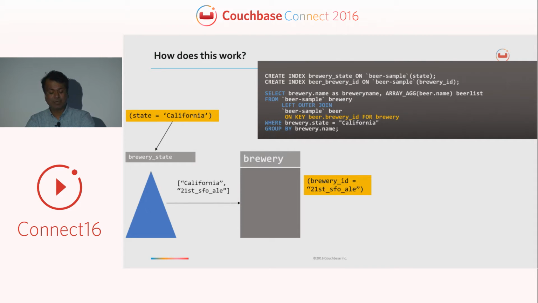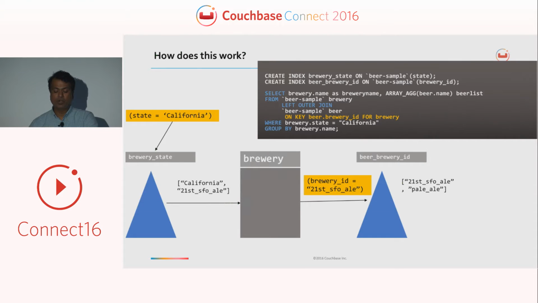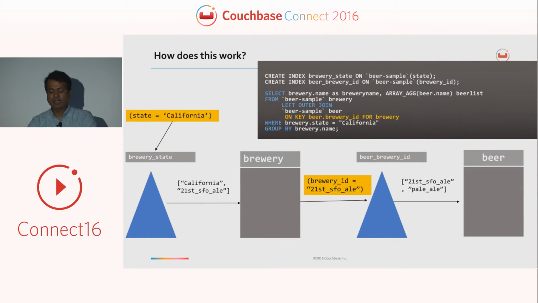But the relationship is done through this beer.brewery ID clause. So using the index, we discover the child document and do the join, right? So this is how in N1QL you can join from parent to child instead of the normal child to parent